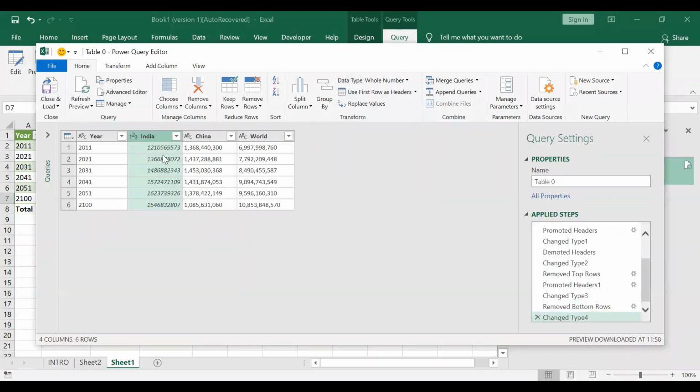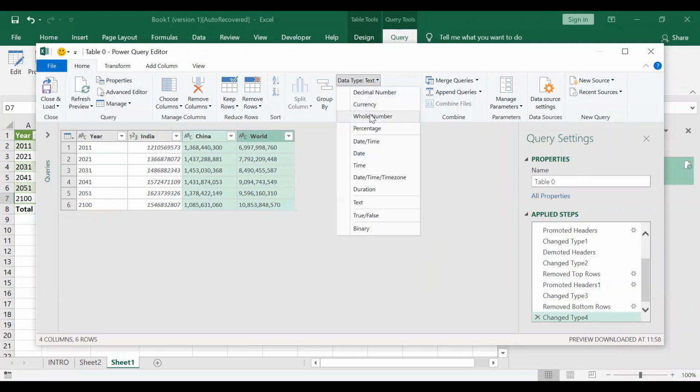As you can see, the data type has now changed from text to whole number. Similarly, I'll do the same thing for China and world. To select multiple columns together, you can use the control key, and then select 2, 3 columns, however many columns you want, and then go to data type and whole number.